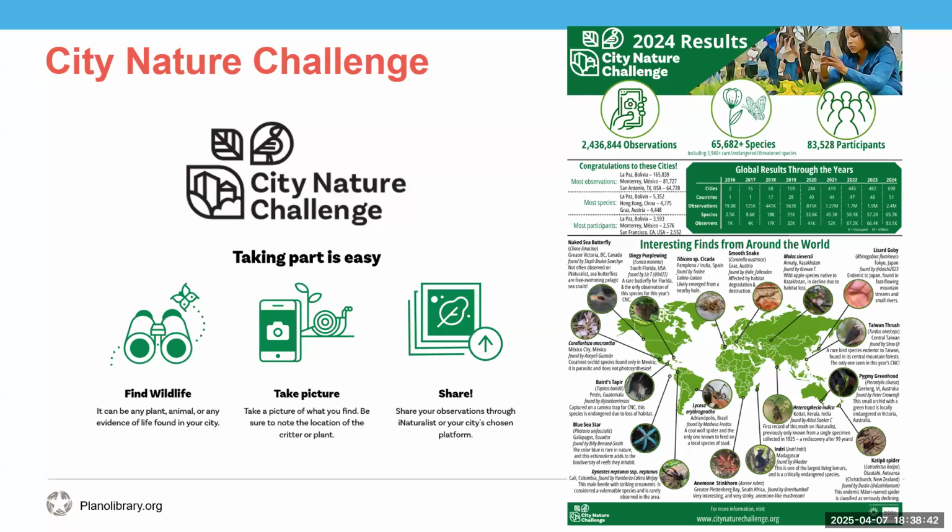But there is a project you can join, and here you can see events held by organizations during the challenge if you'd like to attend them. And you can make your observations anywhere. This includes your own backyard. But if you want your observations to make a more meaningful impact, it is recommended that you go to a public park. By making your observation in a park, you are demonstrating that parks are places people go to get close to nature.